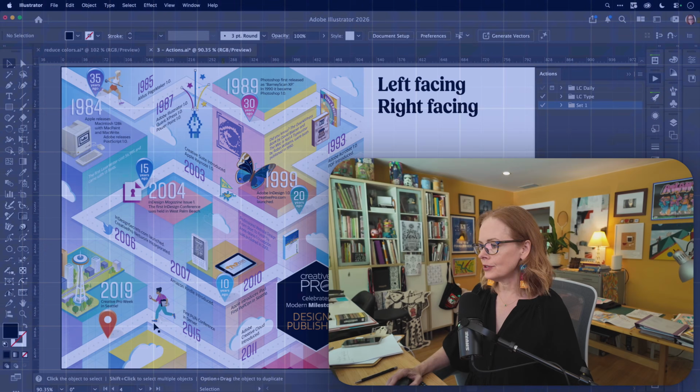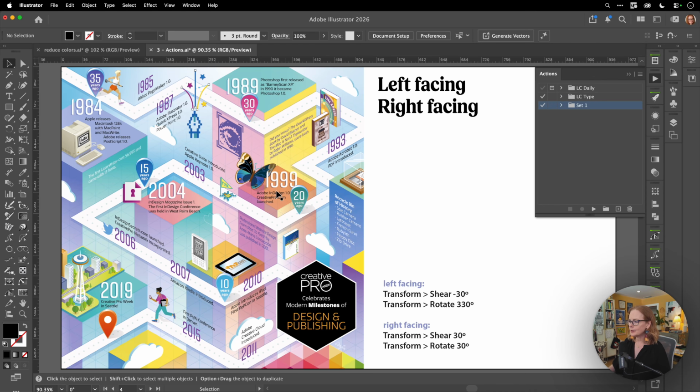Hi, I'm Laura Coyle, and in this video, I'm going to show you how to make an action for isometric type in Adobe Illustrator. So here I have an illustration that I did. It's in isometric perspective, and a lot of the labels here are following that perspective, and I did this using